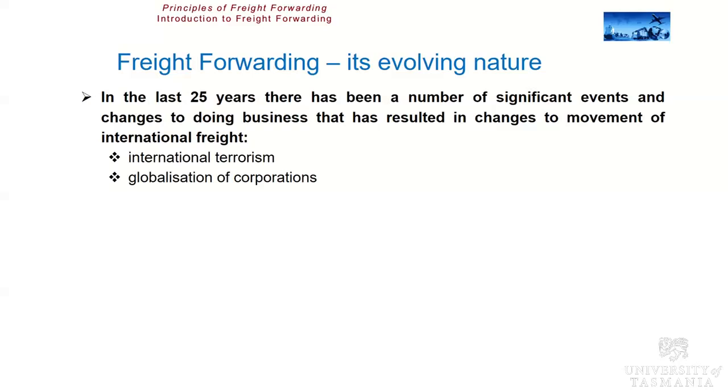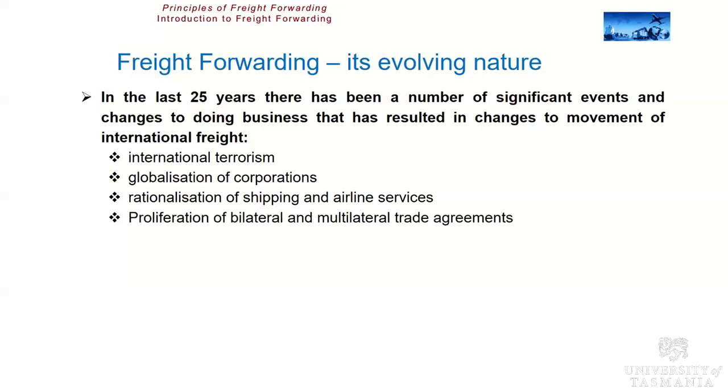quite considerably. We saw the globalisation of corporations, so all of a sudden we saw markets becoming more homogenous, we saw production moving offshore, and that exacerbated the need for somebody to oversee the movement of goods. All of a sudden we were getting economies of scale in the movement of goods around the globe. We saw a rationalisation of shipping and airline services. We saw the evolution of door-to-door services, the UPS, the FedEx options, and we also saw the proliferation of bilateral